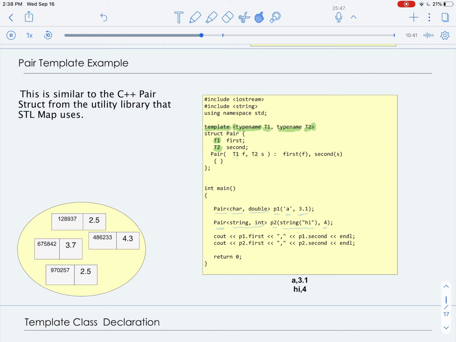And here we just have a nearly empty constructor for our pair structs. We just initialize first and second with the values that are being passed to it, of types T1 and T2 for first and second respectively. Now inside of main, when we want to instantiate this pair, you'll notice that we use